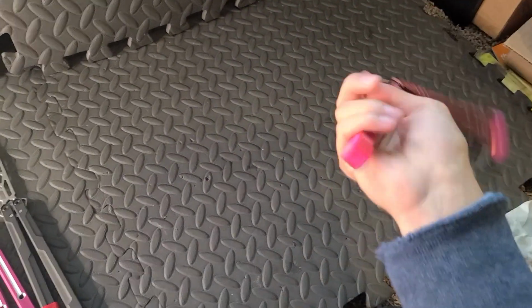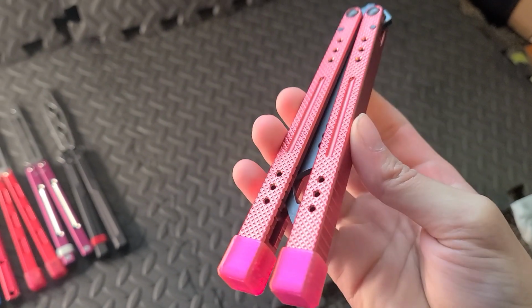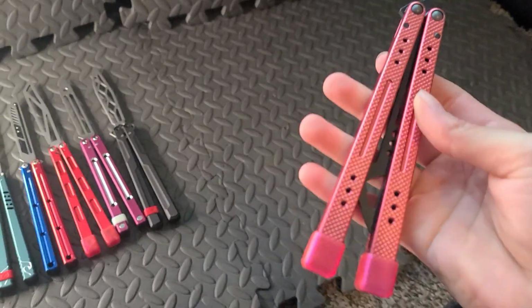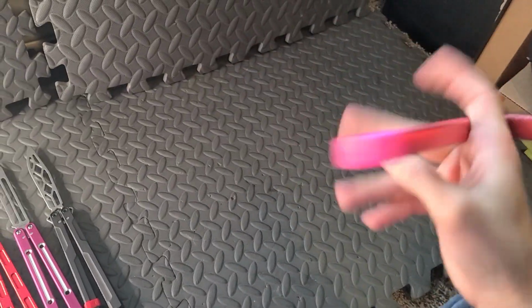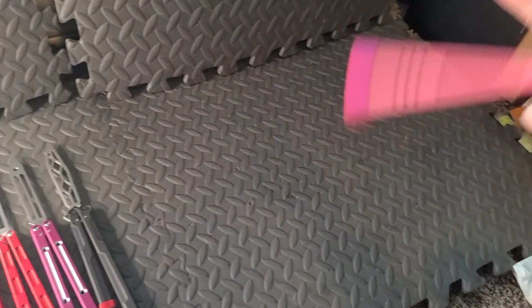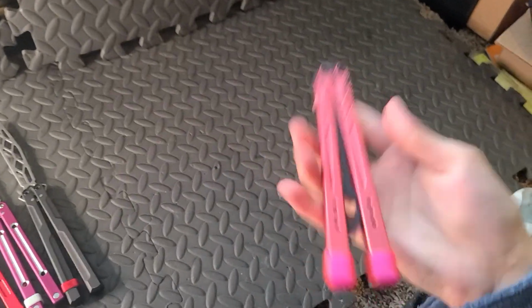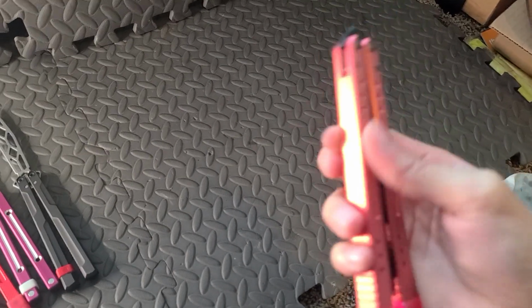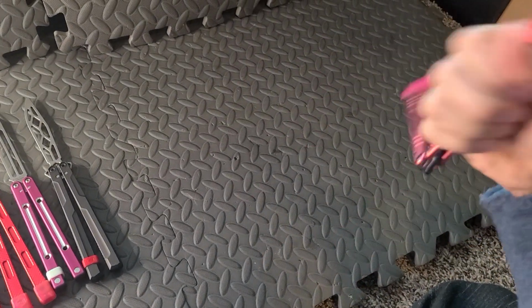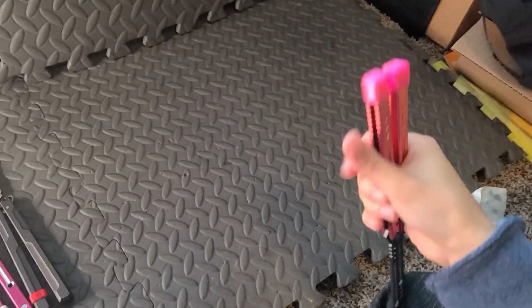Sounds really nice. The texture, of course, feels really great. I knew that since day one, since the first time I touched it. This is some of the best texturing that I've felt on an aluminum balisong. Really grippy. It's almost on the brink of being annoying with the grip, but it really helps with your grip, and I appreciate that, especially